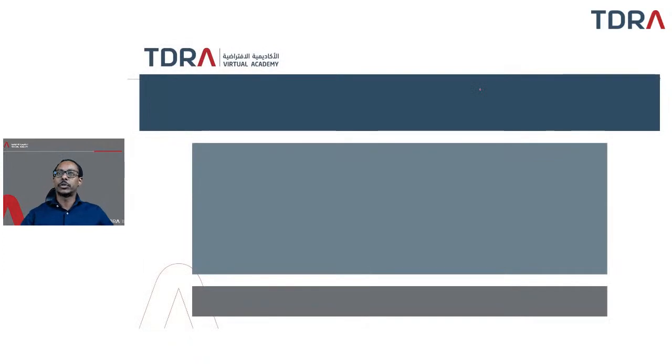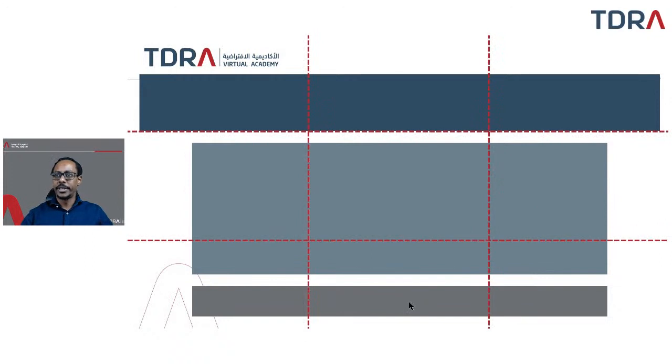Let's apply that to PowerPoint. PowerPoint has a header, has the middle part, and then, as we said, we have the footer. But it doesn't have to be this way all the time. Using the rule of thirds grid, what you can do, you can have several